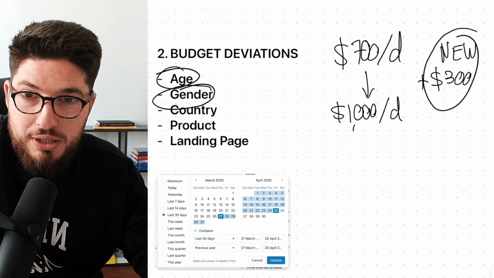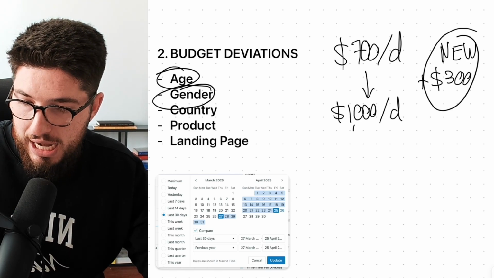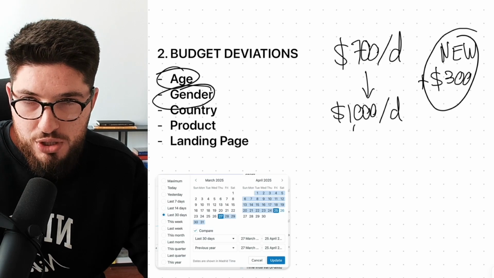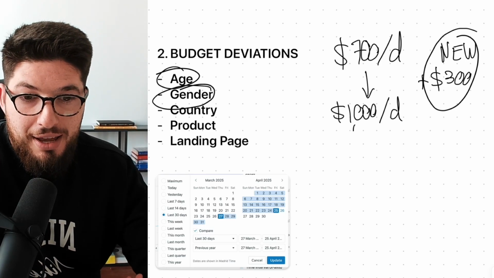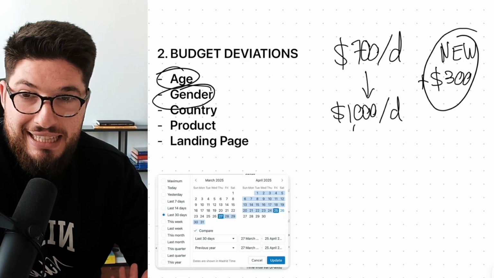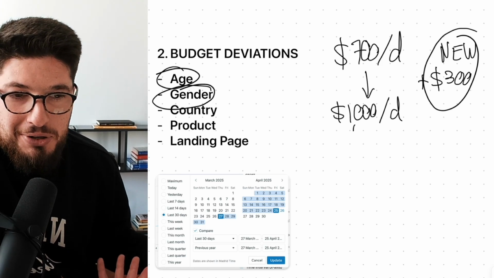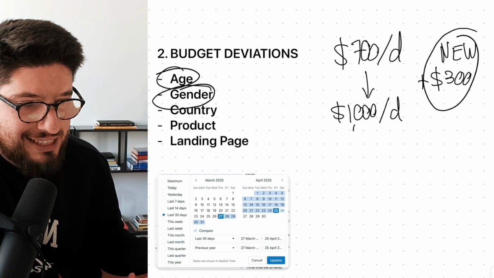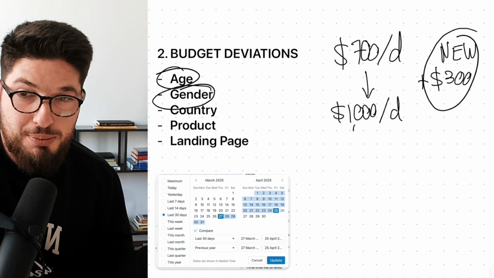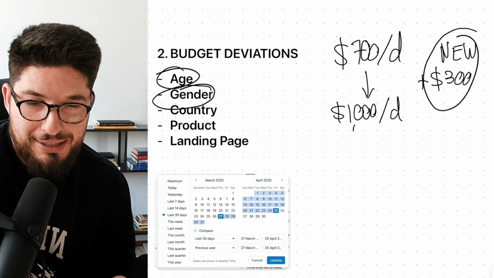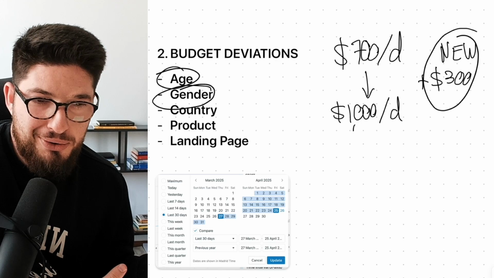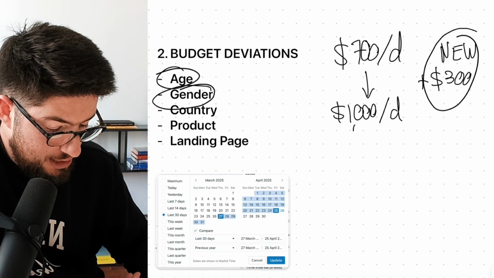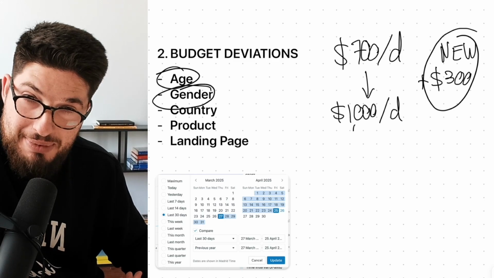I remember a coaching client that was selling lingerie and they were targeting men. They were spending money on men. The right target was women, of course, but they were spending money on men. I guess because some men were clicking the ads of this lingerie, the ads were quite sexy. So some men were clicking the ads and Facebook would see engagement and start spending more money on men, but they're not going to buy. So it's the wrong thing. But if you start scaling and these new 300 go to men, that's a mistake.